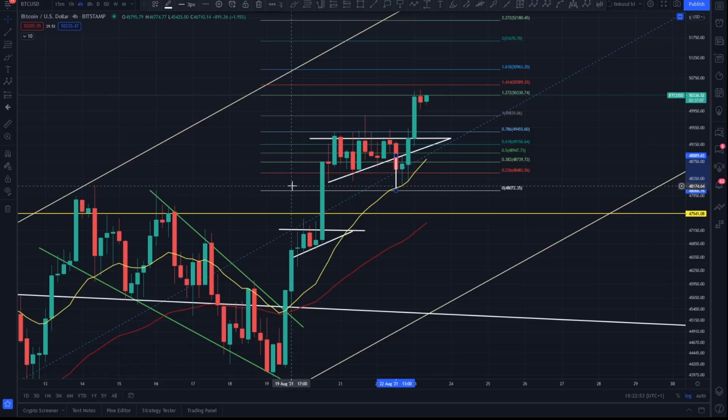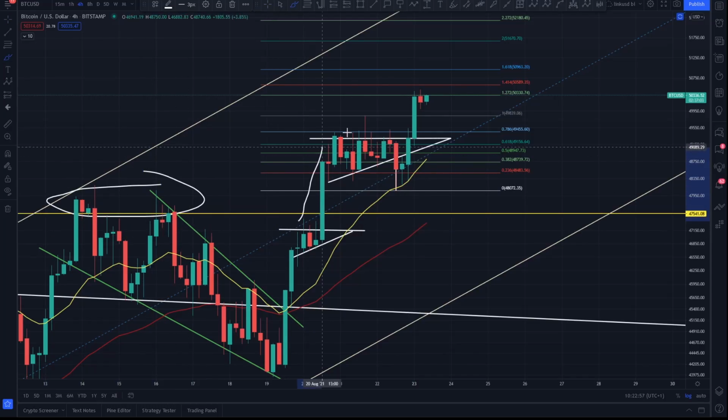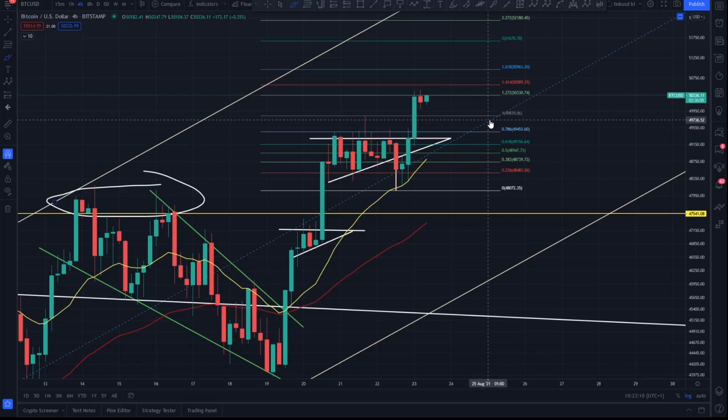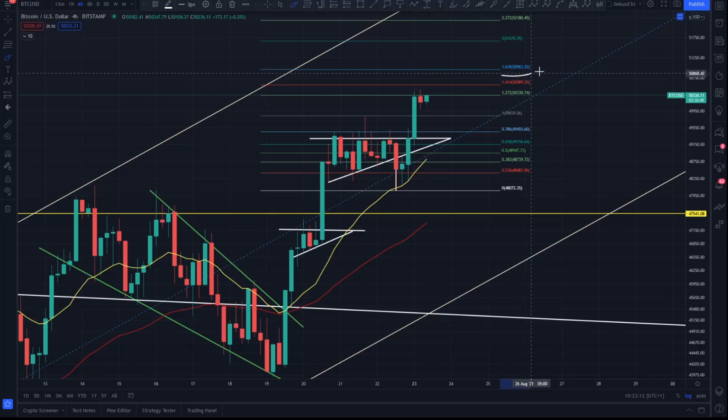Boom, look at that. And not only that, like I said to you in yesterday's video, you've found the previous swing high support. Look, swing high to swing low, swing high to swing low. If you were to correct any deeper, you would anticipate that this swing high would hold. So if you do see a bit of a roll in the market, look at 49,455 as a little bid area, because technically Bitcoin is on its way at the moment to this 1.618 at